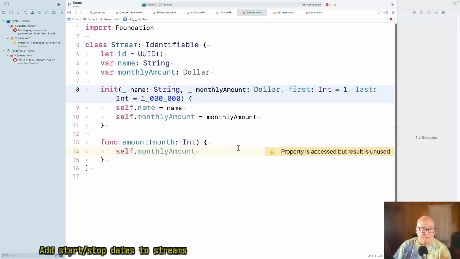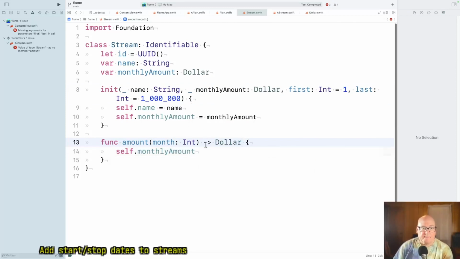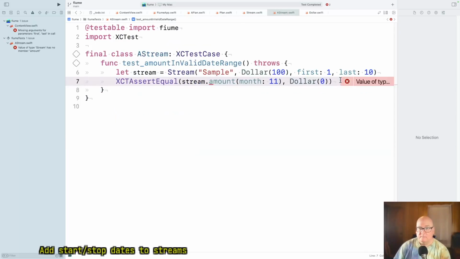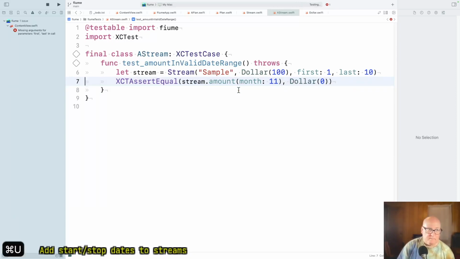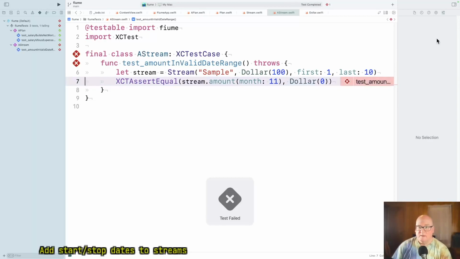Okay, result, this returns dollars. Okay, it's probably coming up with our monthly amount of 100, right? Yeah.